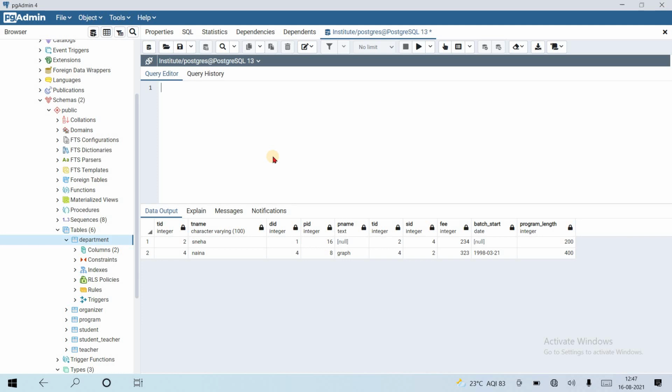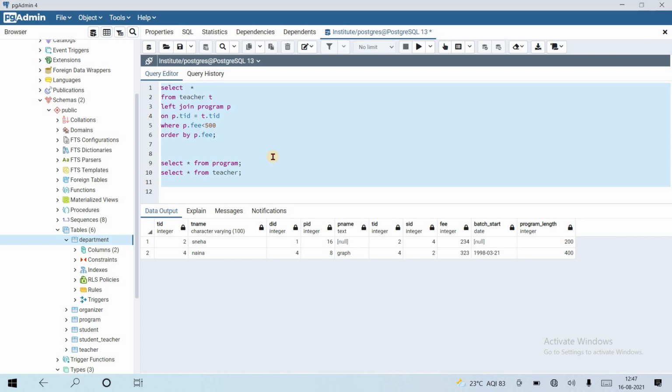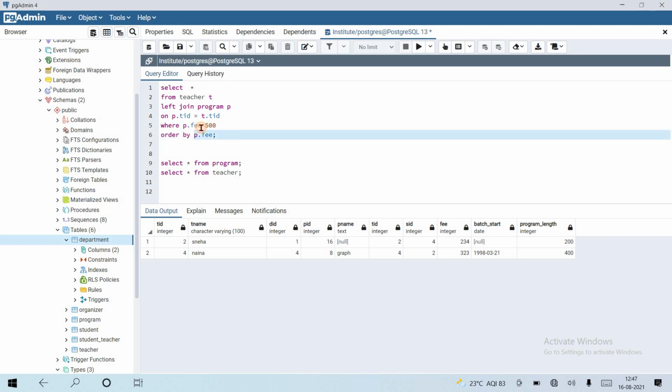In the previous video we also had a query, let's see, p greater than 500 in a left join. If in the left table and right table the program b is greater than, if a program is less than 0 it has no value, so it will show no record.